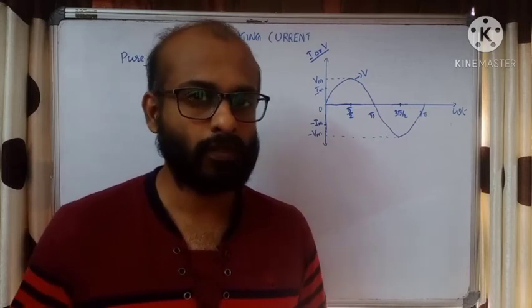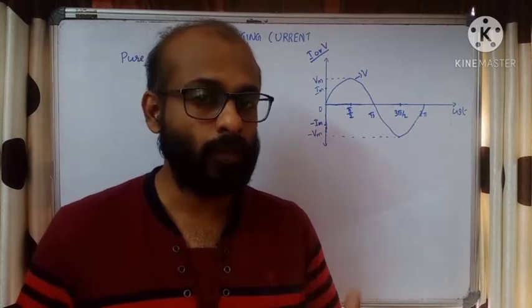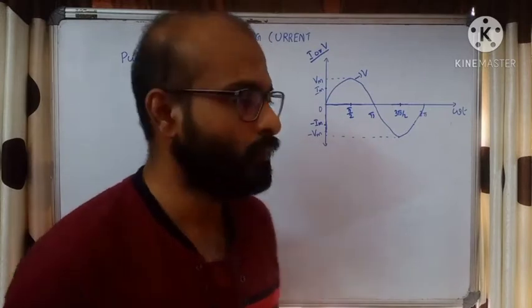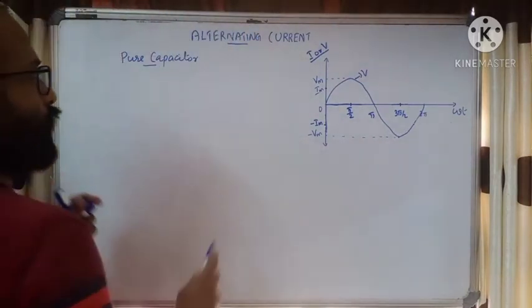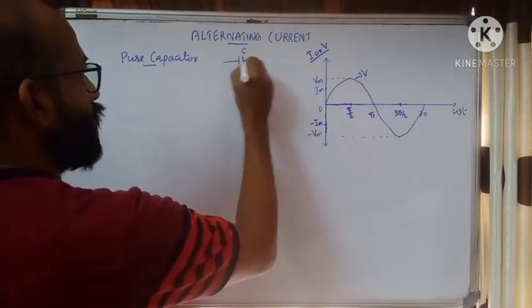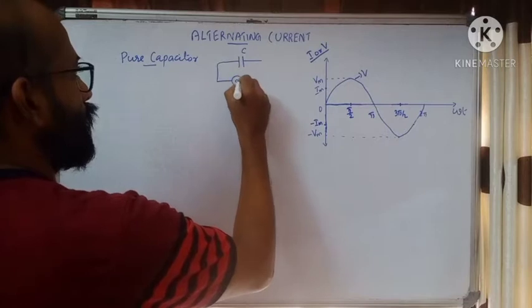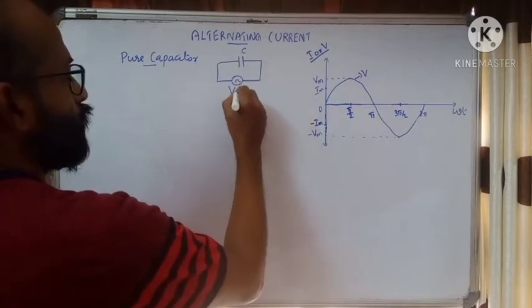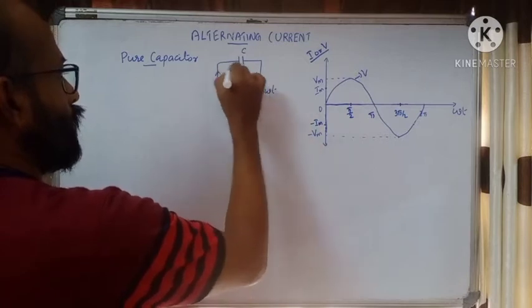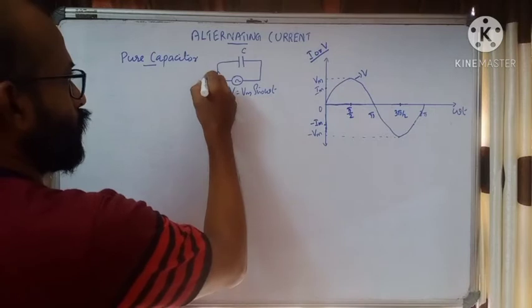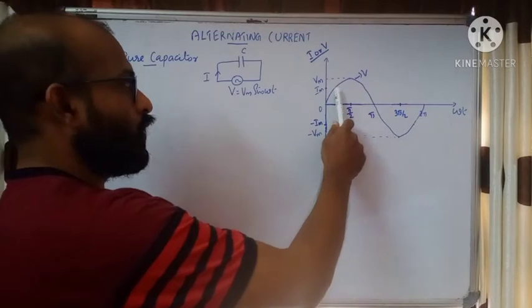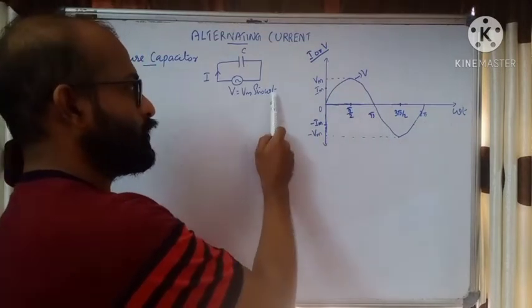Now we will see what happens to the alternating current. What will be the equation of the alternating current compared to the equation of the alternating EMF which we apply? We have a circuit diagram first. We can draw a circuit diagram with a capacitor of capacitance C across which we connect an alternating EMF. The voltage of the EMF is V equals Vm sin omega t. And there will be an alternating current that we need to find out. C is the capacitance of the capacitor, and the applied alternating voltage varies as sin omega t.